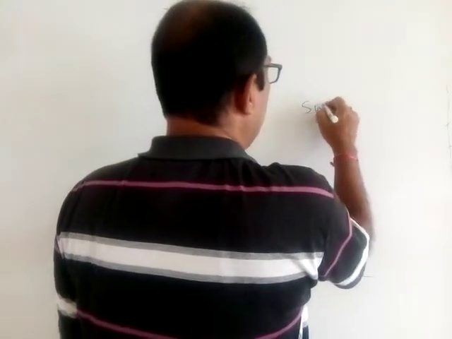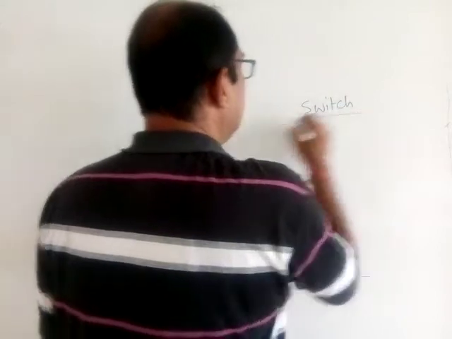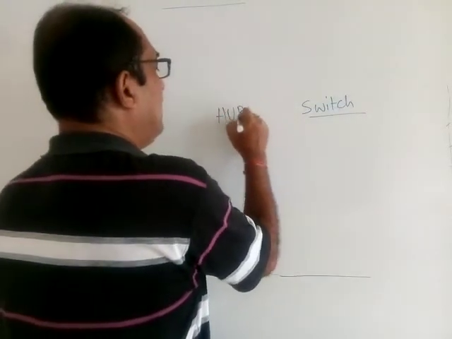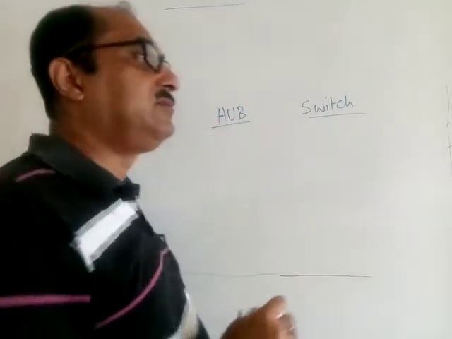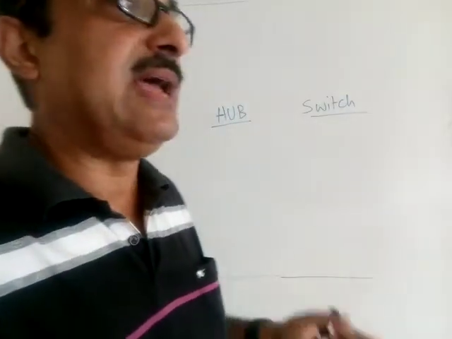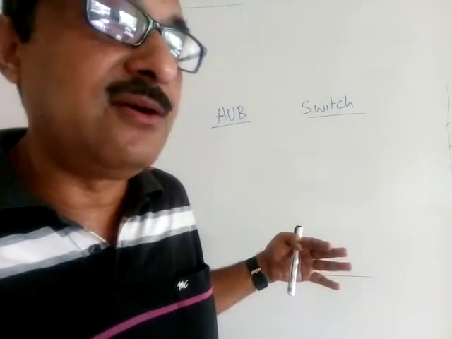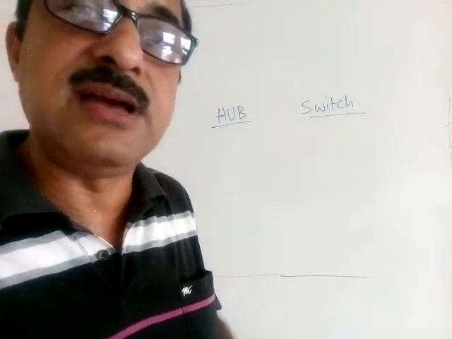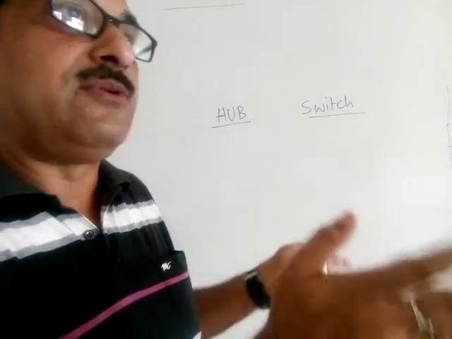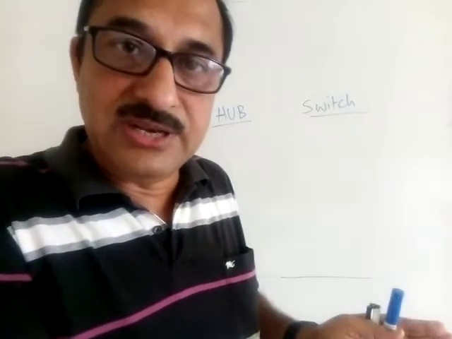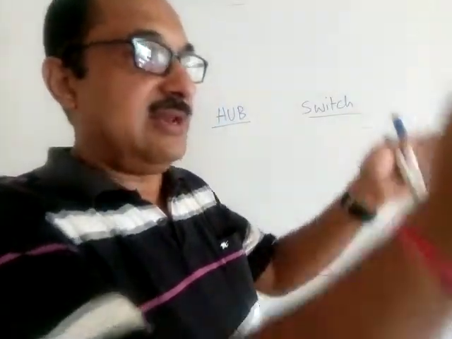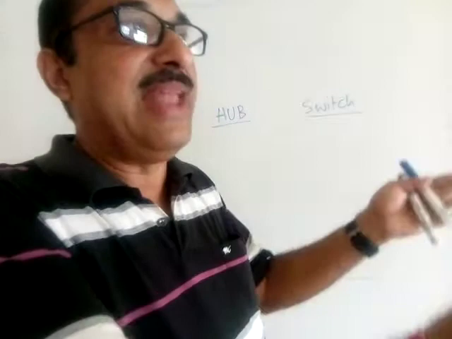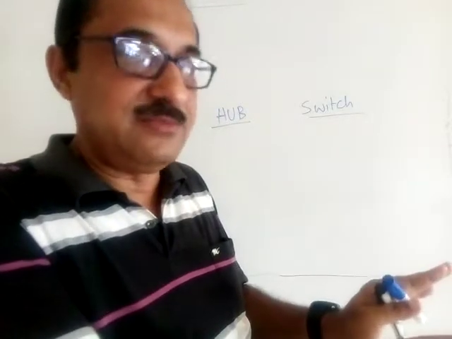First of all, we have to understand there are two networking devices which are very much used. One is the switch, another is the hub. There are two instruments which are used, and both are used to get all the networking cables assembled in one place to connect a network basically. Now you have been to lab 1, lab 2 in our school. You have seen that in a glass case we have kept a black box. That is a switch basically, right?